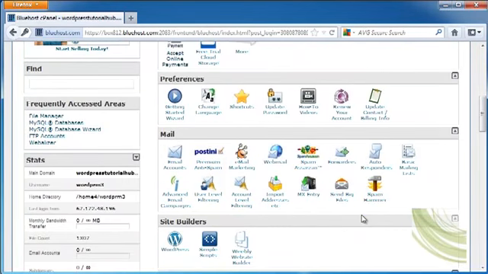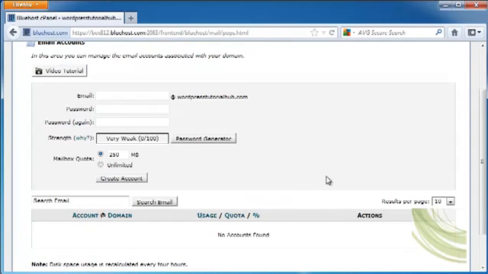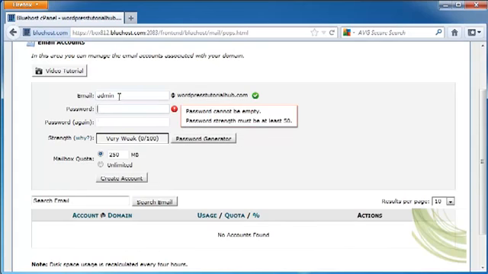see Mail. And you can see we've got all kinds of different selections here, but let's go ahead and go into email accounts. Now, a lot of these server companies will have a video tutorial you can go through, or you can just watch this one. So let's say, for instance, I want to make an email address that's going to be admin@wordpresstutorialhub.com, and this is going to be for me because I'm the admin, and I'm going to go in and